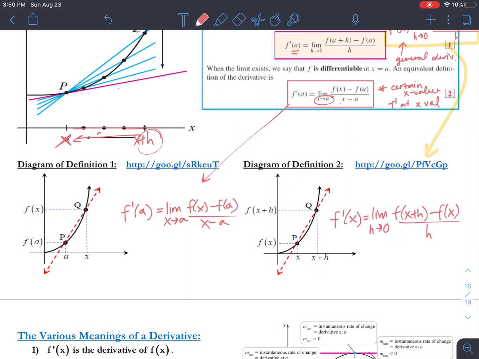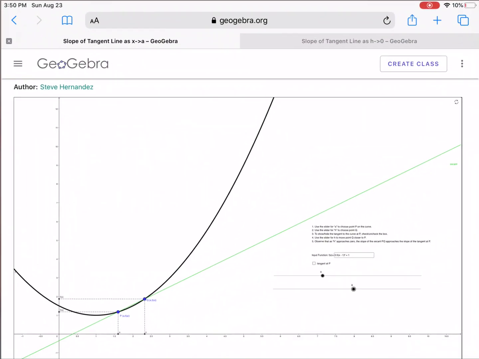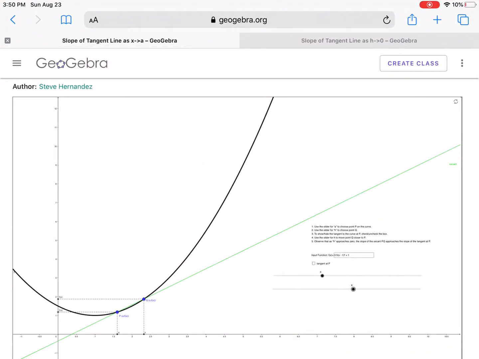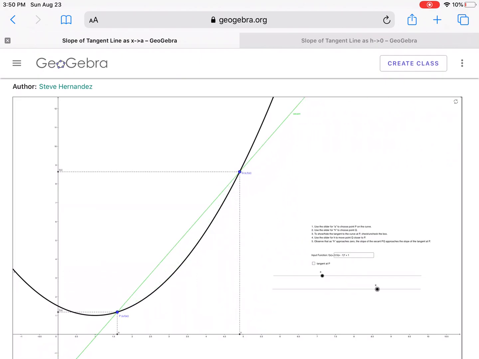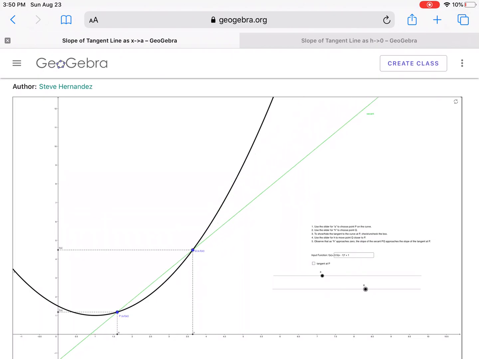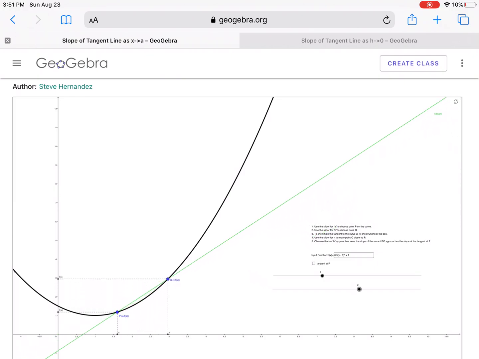I want to show you these two Google links just to show you what I'm trying to show with a little more active movement. So take a look here. This is the first definition, with x approaches a. As my x value, let's say it's up here, there's my secant line, that average rate of change. As I get closer and closer to a, as x approaches a, you can see right when I overlap with that point, I'm at that perfect tangent line. If I go too far the other way, I get a secant line. I want to know, as x is equal to a, right there, what's that slope